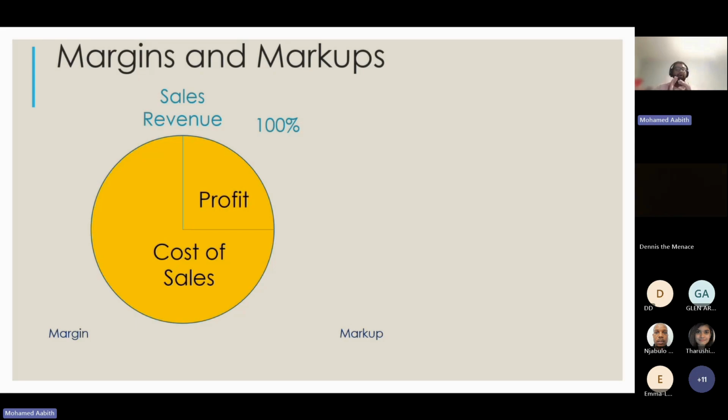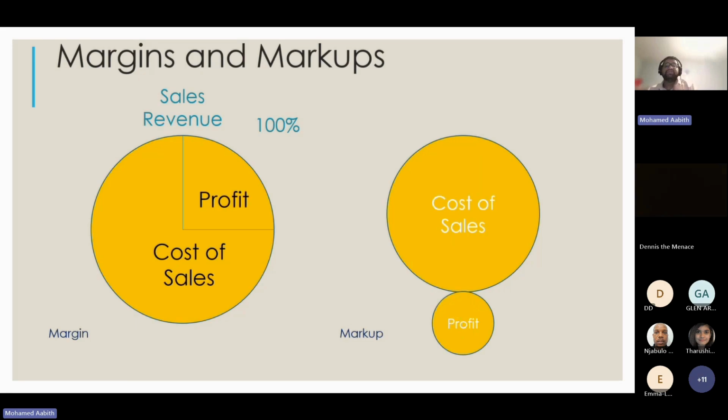So we're going to mark up. You have to consider the 100% for the markup. It's going to be your cost of sales, and the extra we add on, which is the profit, that profit will be the percentage. So if I'm going to say